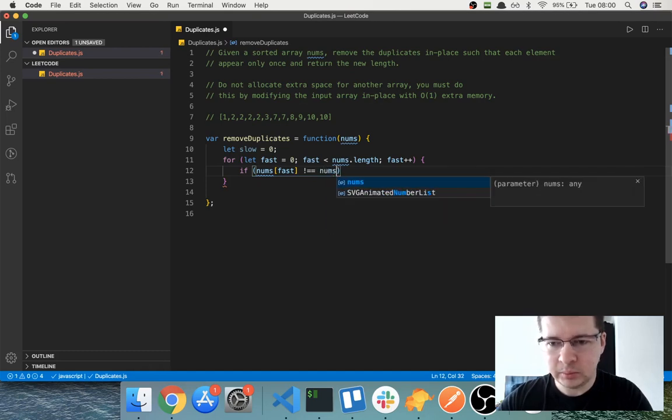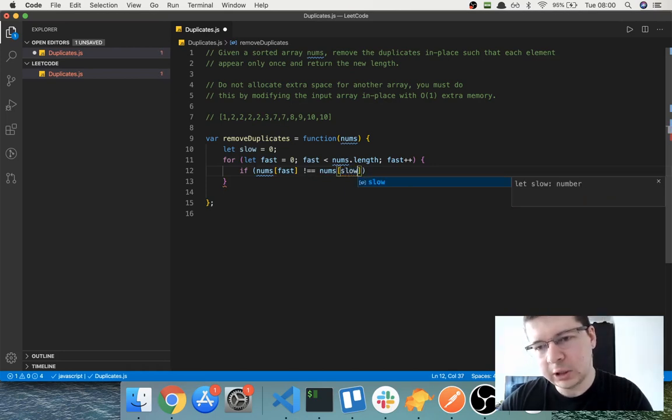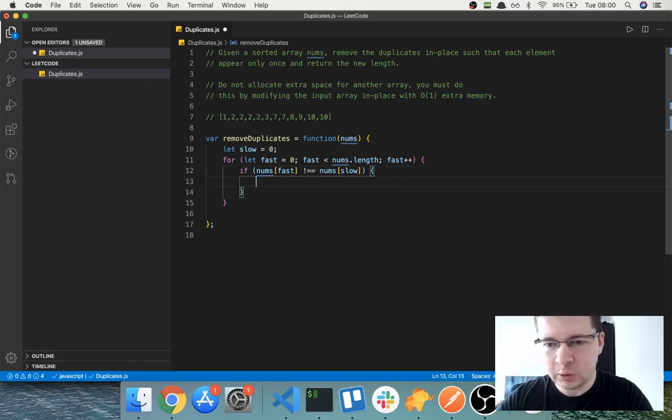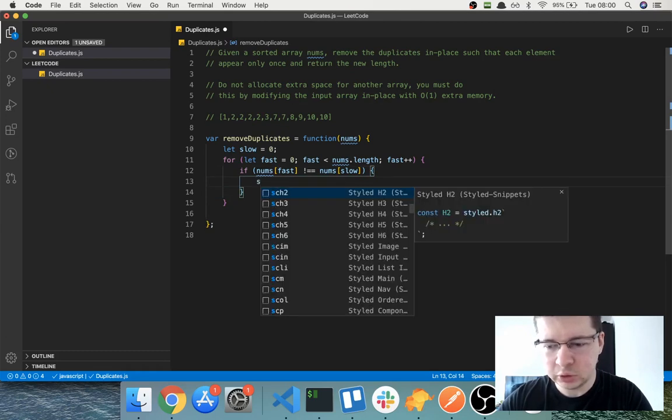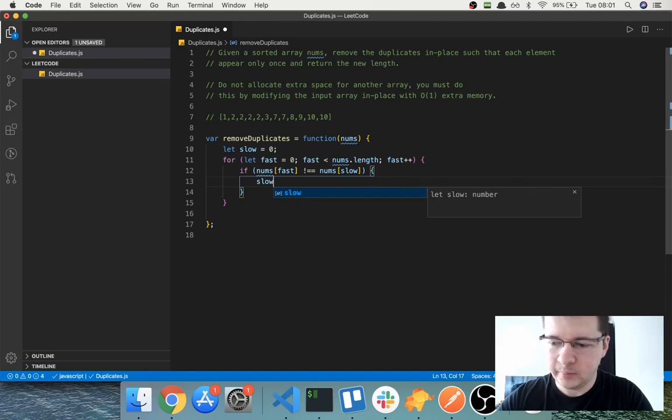So basically we're checking nums of slow, because slow is basically the last index of the array that we're creating. So in here we will say if they are different, which means this new element would be unique in this new array, what we're going to do is increase slow, so slow plus plus,